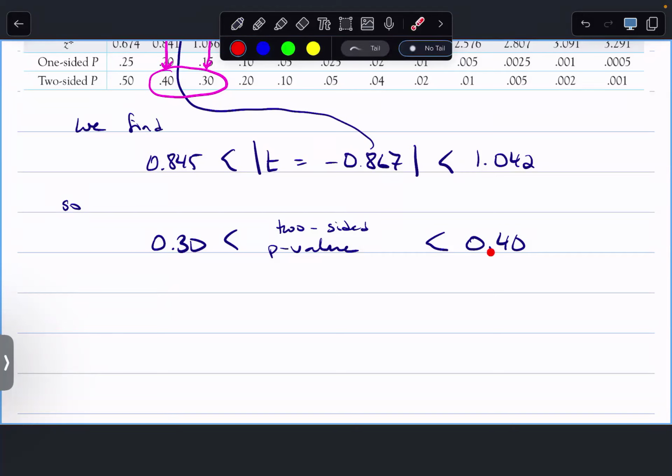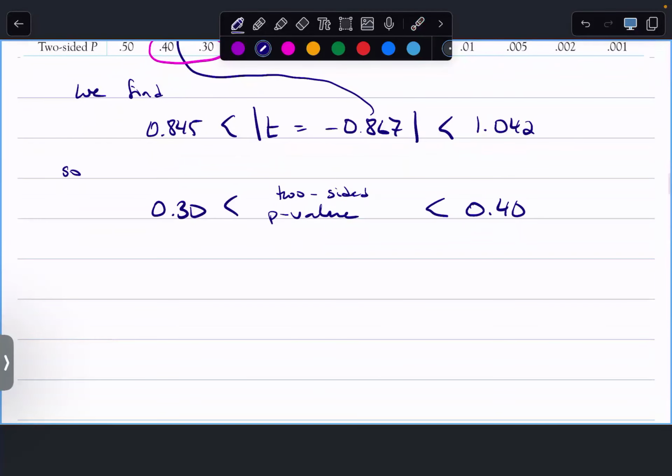This is quite large though, right? Which confirms what we found earlier, kind of gut reaction. Oh, I'm probably not going to reject H naught because this T is very close to 0, right? It's not past 2 standard errors away. So now,